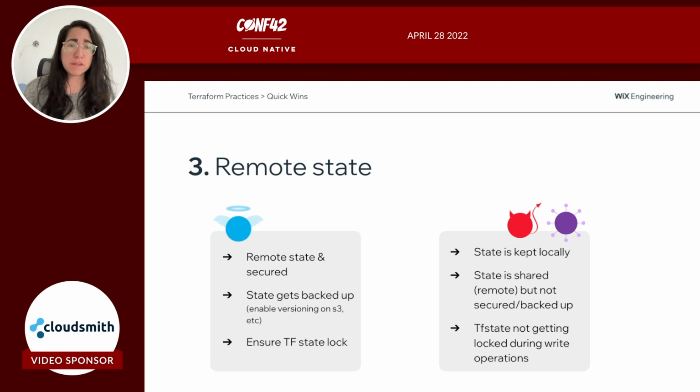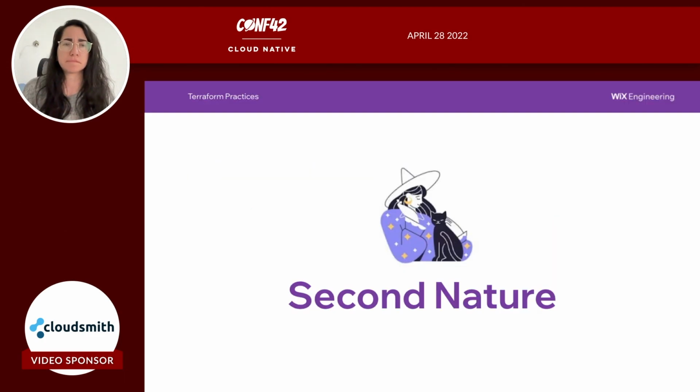And ensure that the Terraform state lock occurs, because when you run write operations, if a lock doesn't happen, there will be conflicts if other people are trying to run it as well. The bad and the ugly here is quite the opposite: the state is kept locally, or it is remote but not backed up or not secured, or the Terraform state lock doesn't occur during write operations.